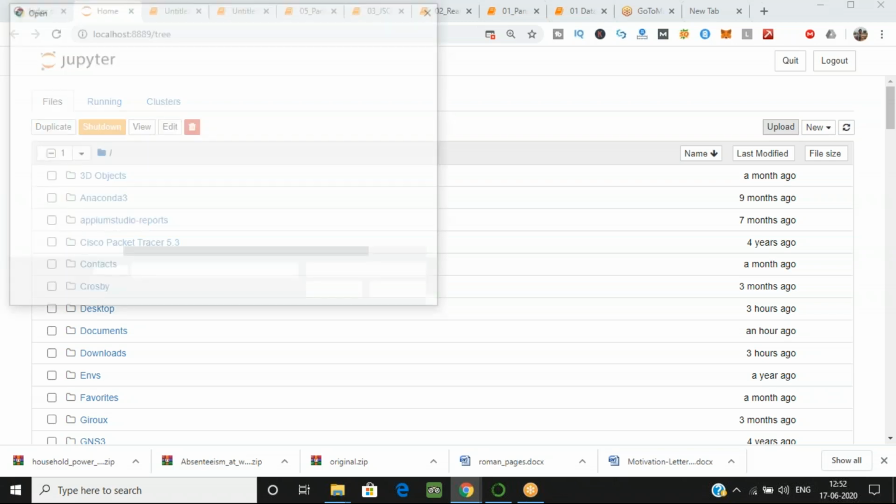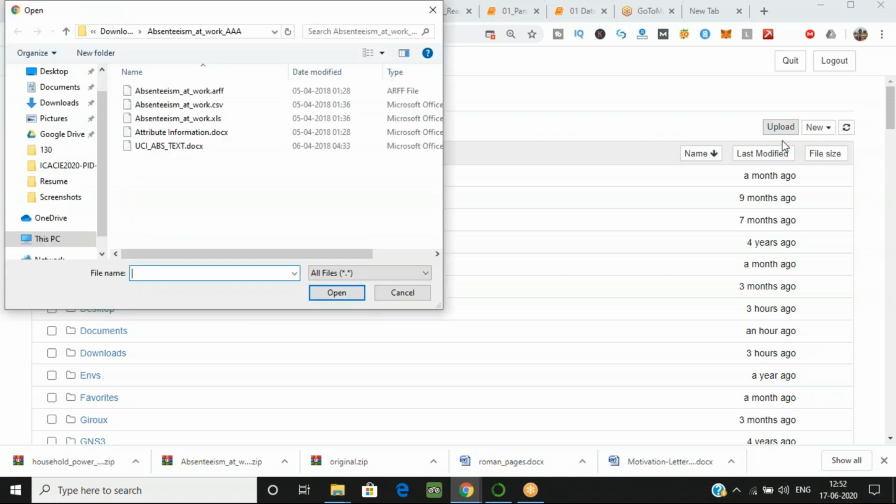Now we are taking a real data set. Select this file and click on open.